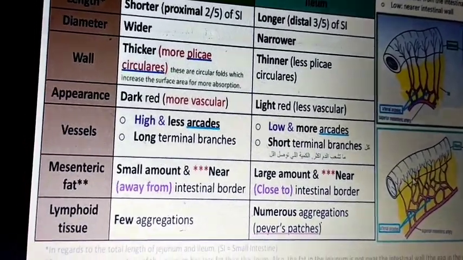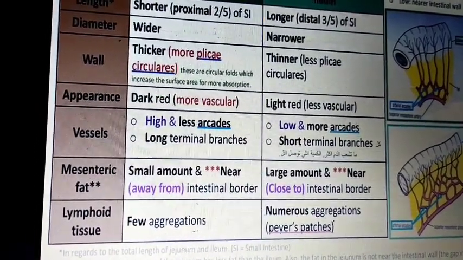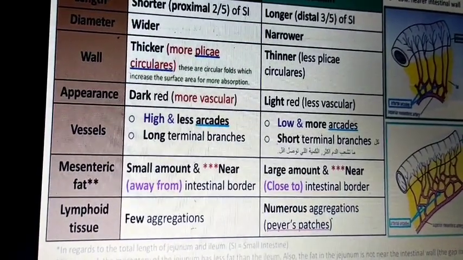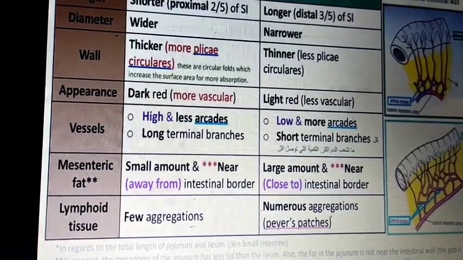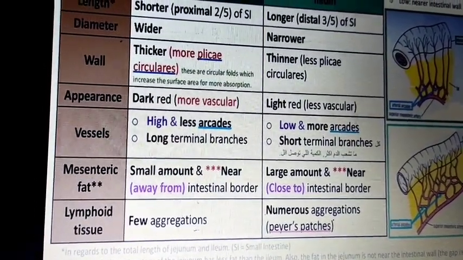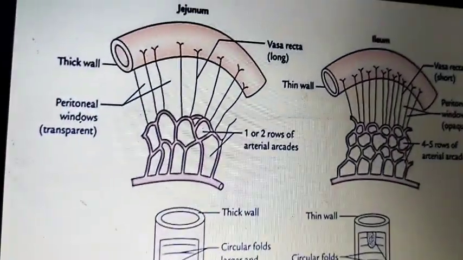Ileum. Okay, mesenteric fat is a small amount near the intestinal border in the jejunum, and in the ileum there is a large amount of fat close to the intestinal border. Lymphatic tissues are few aggregations in the jejunum and numerous aggregations in the Peyer's patches. You can see here in this.